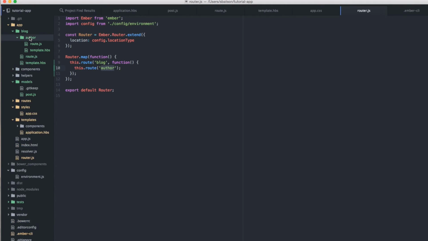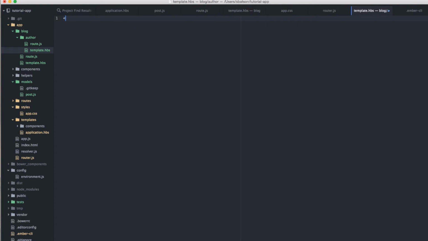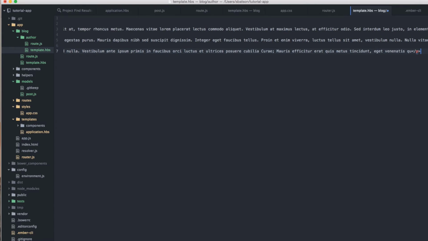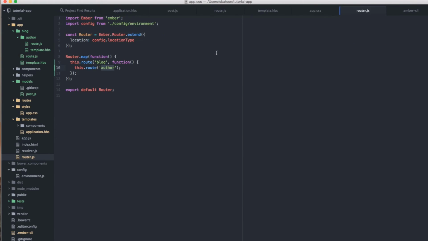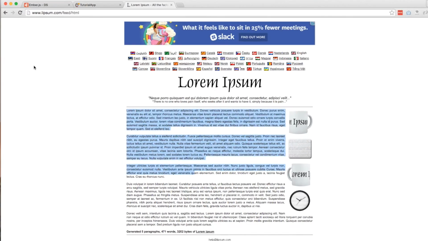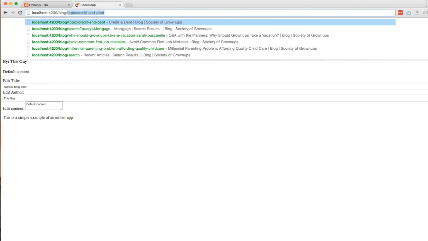Cool. So this is going to live at our domain /blog/author, and this is where we're going to add another header. This is additional information about this particular author. And then I'm just going to grab some lorem ipsum text. All right, cool. So let me close a bunch of these tabs here. And now if we go to this /author,